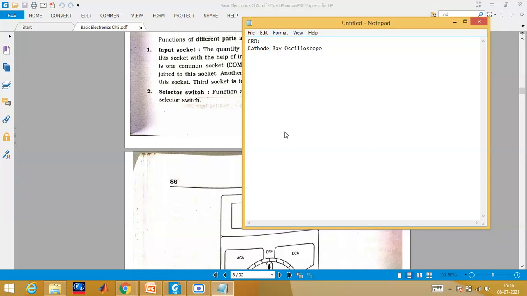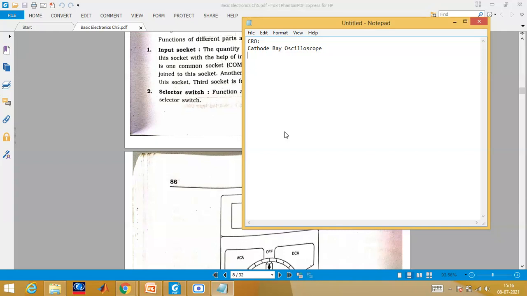I think you people are watching many movies. In that also you can see whenever any patient is being admitted, they will be monitoring their heartbeat, and it will be reflected on a TV-like screen. That particular screen which you can see on TV, serials and other places is nothing but a CRO. That CRO is specially designed for medical purposes, but we are going to study a type of CRO which is actually the base.